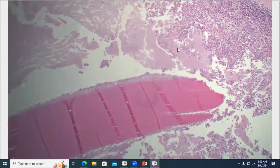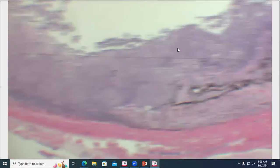So we have a lens capsule rupture, which is interesting in context of what's going on. Maybe we had an ocular trauma on top of the inflammation that was already going on. But now we're wondering what is causing all of this inflammation. And as we go posterior in particular, we can see from low magnification even these giant blue dots amongst the inflammation. And if we look closer at those,